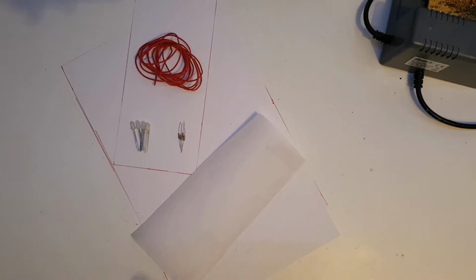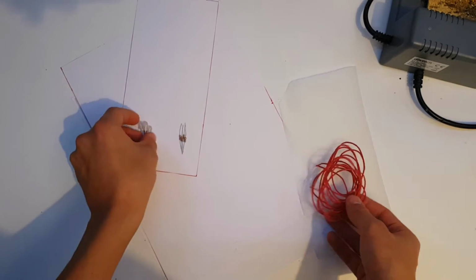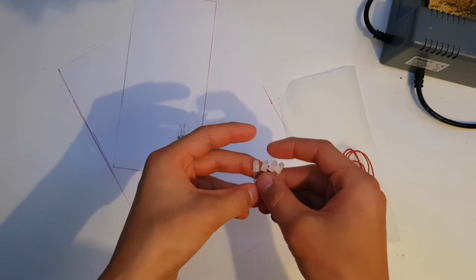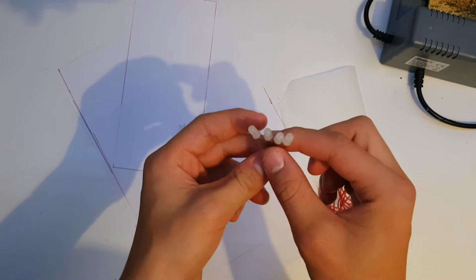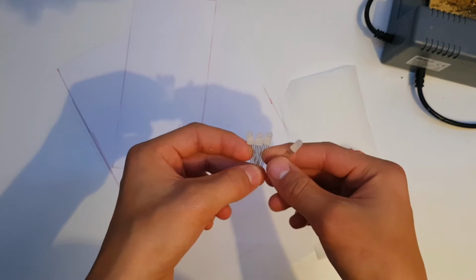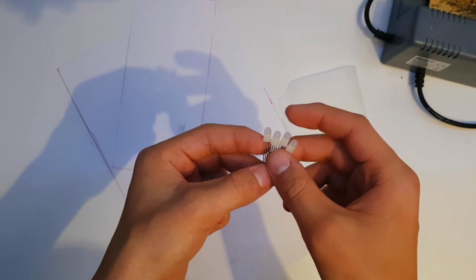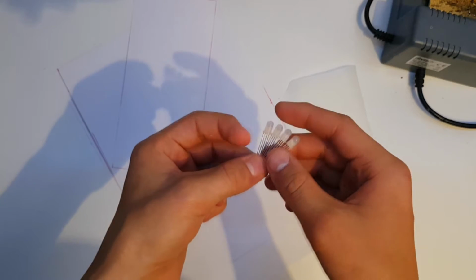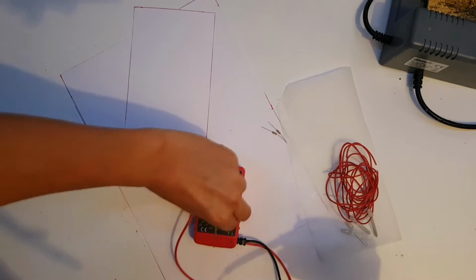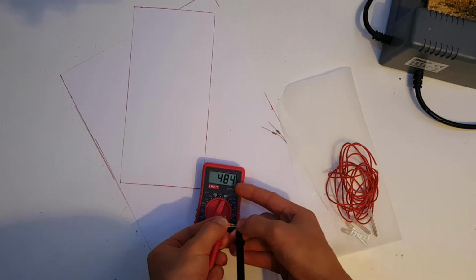For this project, you will need a sheet of baking paper, some wires, a few LEDs. I'm using 4 RGB LEDs. These are common anodes, and I'll connect the green and blue cathodes together so they make a nice bluish greenish light. I found that if you connect two 1K resistors, then it will give you a